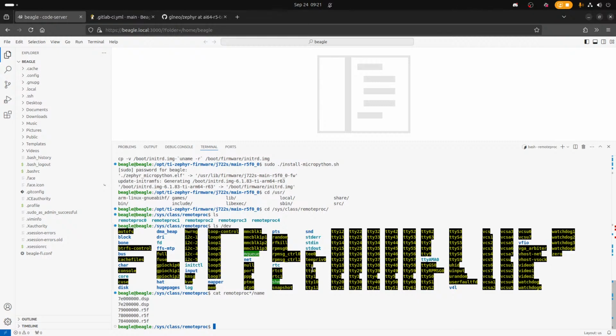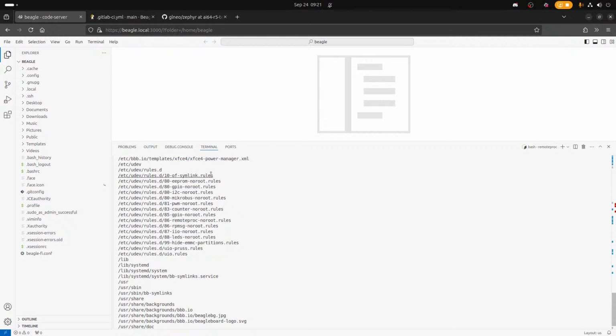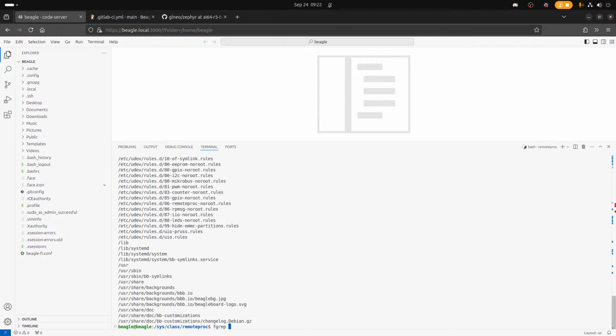I'm looking at the upstream BeagleY patches or Linux kernel, maybe they give some hint. So I think it's these OF symlink rules. Proc, what's the device?